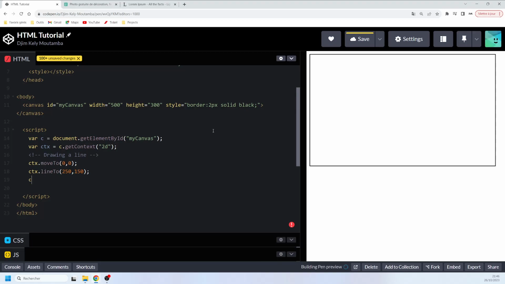Why? Because we need this particular method called stroke. So if I say stroke like this, semicolon. Yes. So now you can see I have a line showing. The line is starting here because this is the x-axis 0 and y-axis 0 as well. And it is ending here because this is actually for the x-axis 250. For the y-axis, this is